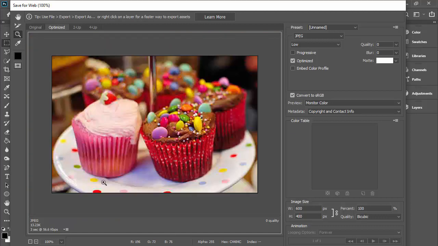I want to try to achieve the highest quality image I can at the lowest file size I can. And there's no magic bullet or magic answer to what that might be. It really depends on the context for your imagery. So if I'm featuring the wonderful images of a professional photographer, I'll probably err on the side of having better